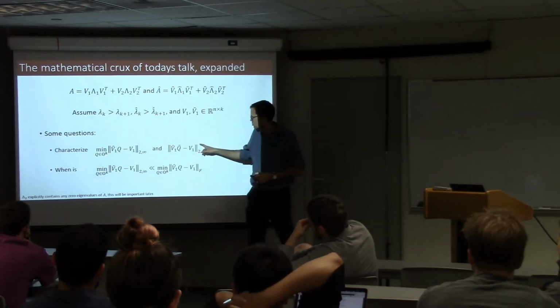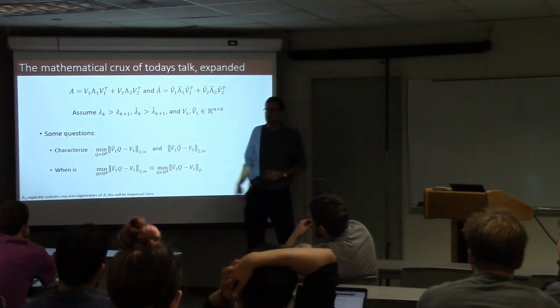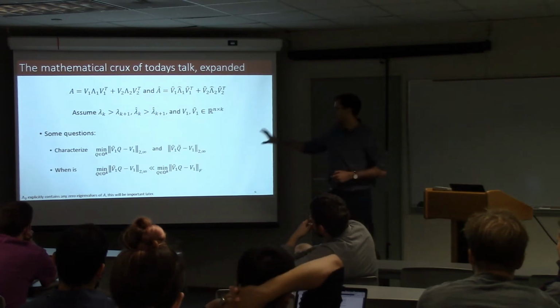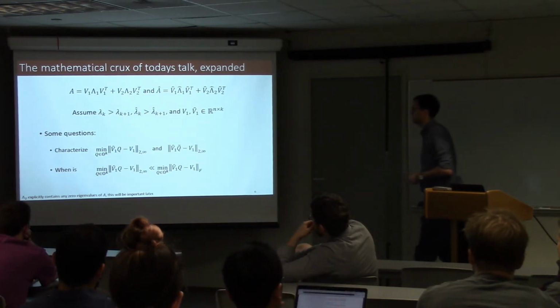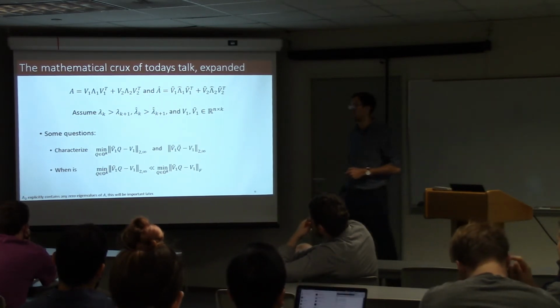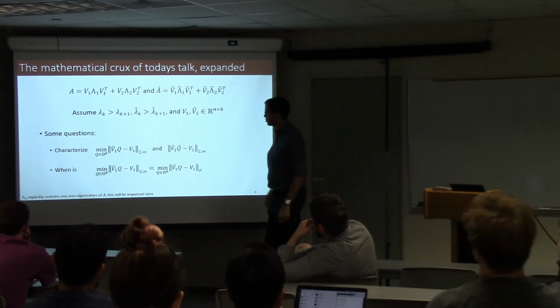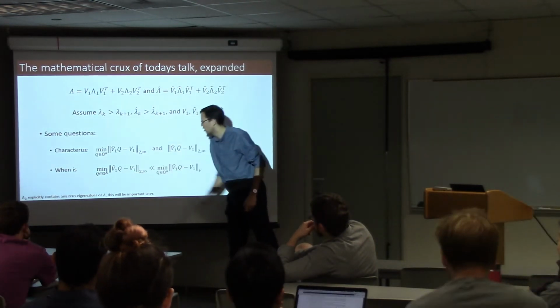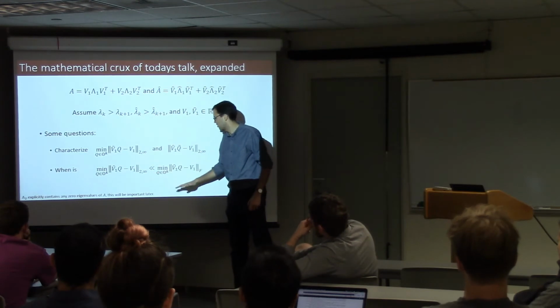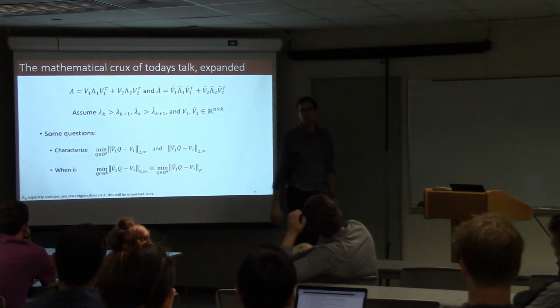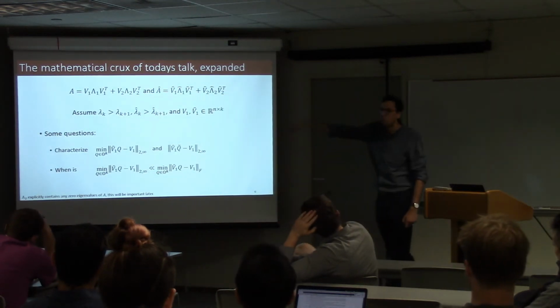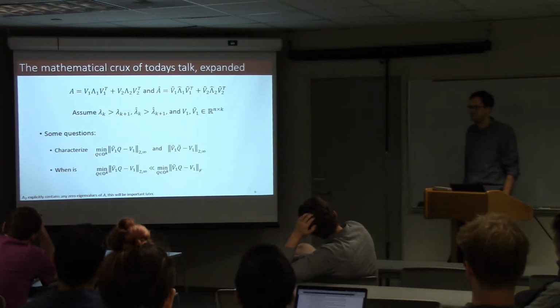Similarly, I might ask how small that quantity is for some fixed matrix Q tilde. Okay? I'm not going to talk about this much in this version of the talk, but there's a specific matrix we can put there and still try to control this. Another question is, when is that 2 infinity norm much, much less than, say, or even just less than the Frobenius norm there? Okay? Because I might expect it can actually be quite a bit smaller in terms of that.